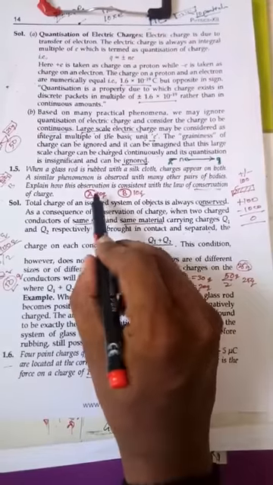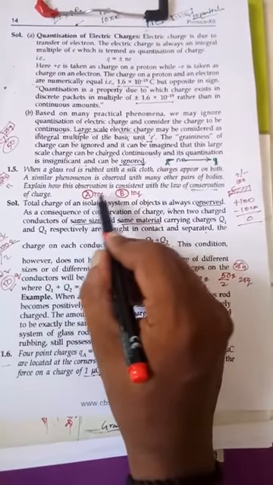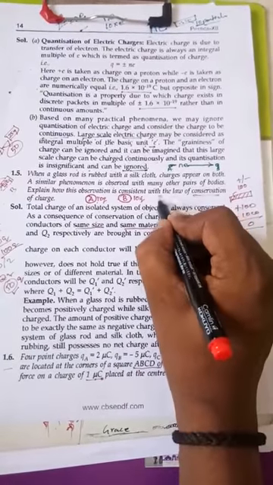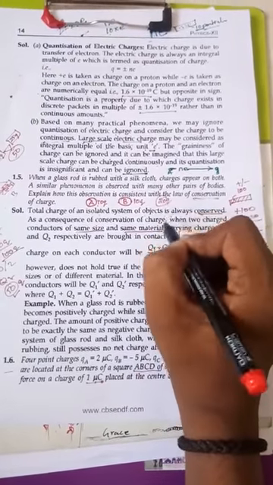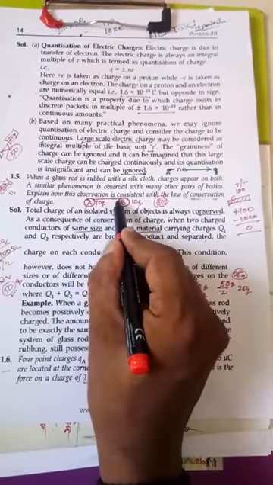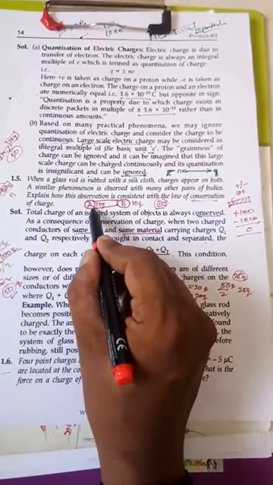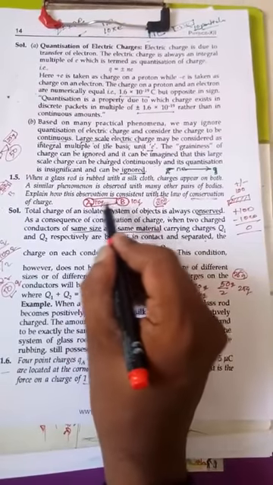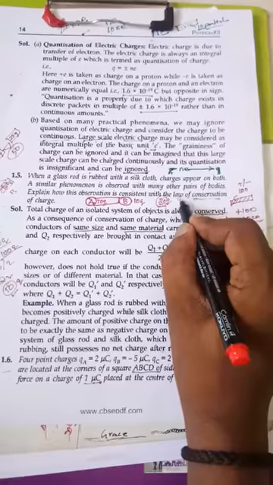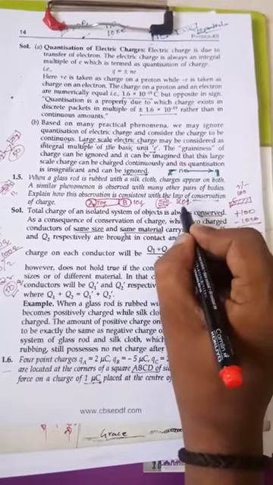Very simple. Before contact, the total value is 20. Very, very important: before contact, the total value is 20Q. Next, if we contact each other, so now in contact, how many charges? Total 20 charges. That is 20, the total value.